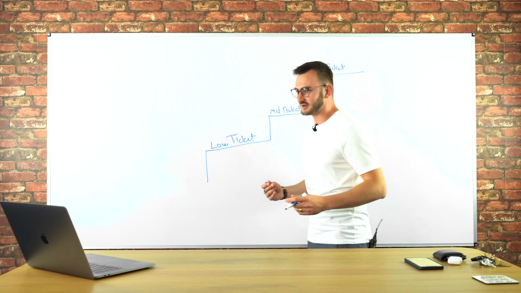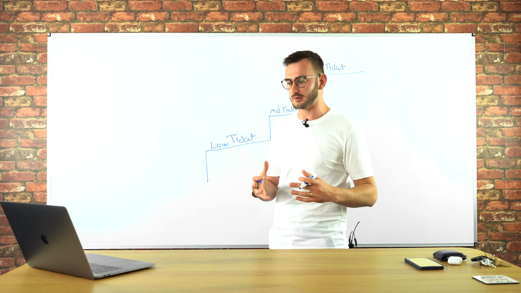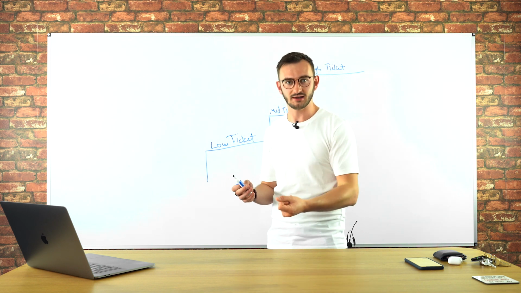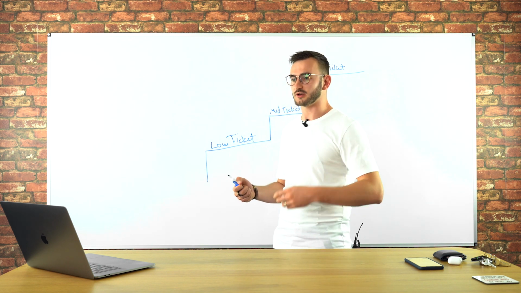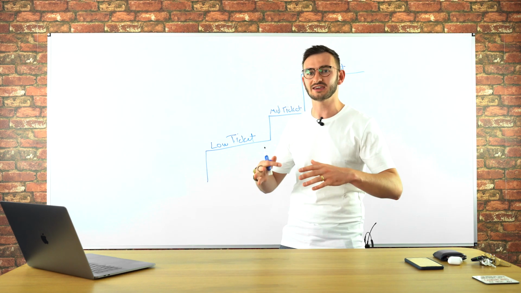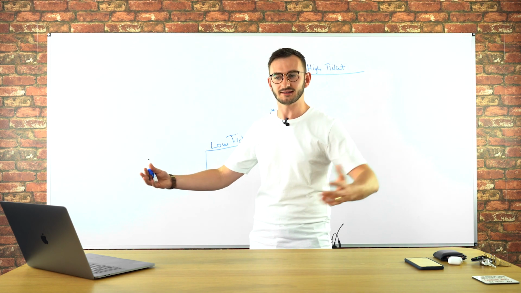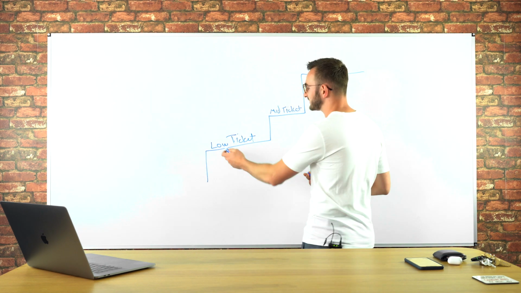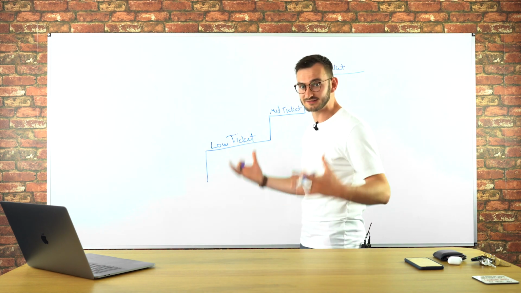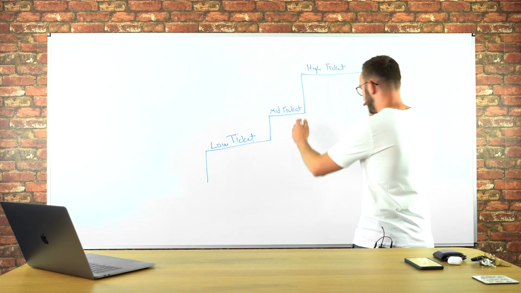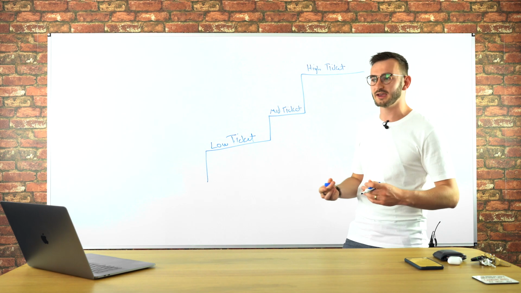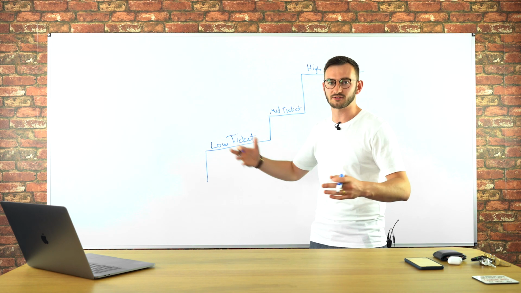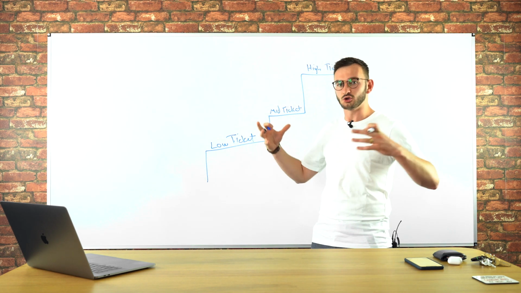So low ticket, this is something where I alluded to it a little bit a minute ago. You want to have a really low barrier to entry in the business, right? So you've got simple products, cheap products. It's not giving away the whole shebang, right? It's giving your audience a taster of what you're about, what you've got on offer. That's your low ticket. And the idea is to build up a big database of people that are giving you money. Mid ticket is where you're selling something for that price range we talked about, 200 to 2,000, something like that. And that might be your main thing.